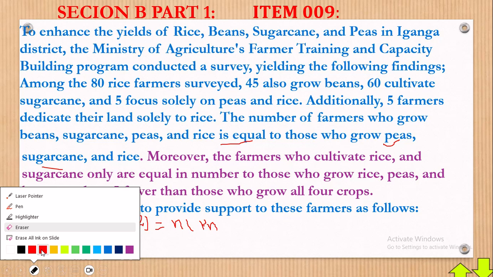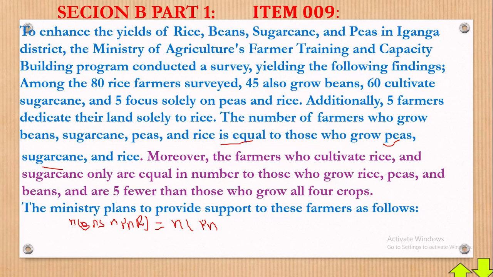Okay, what from it is equal to those who grow peas, letter P, peas, sugarcane and rice. So sugarcane, then the number in rice, like that. But I told you, whenever you see rice, it is more like writing P and S without putting rice, because we know that every farmer here grows rice. Okay, good. Now you realize that here, if they are equal,